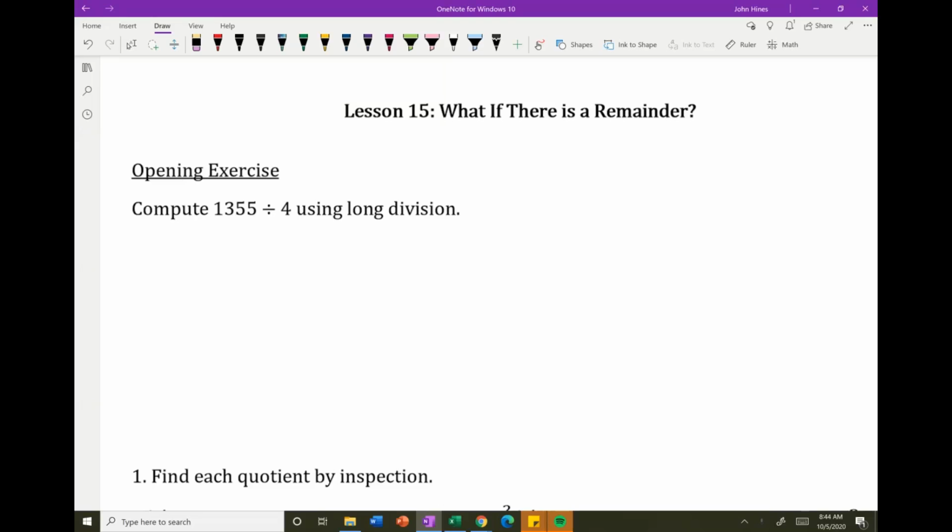Hi everybody, welcome to lesson 15 here, where we're going to start dividing polynomials again, but this time there's going to be a remainder. So like we did in fourth grade when we divided, sometimes we ended up with remainders. Things didn't divide in evenly, as we used to say. So we're going to talk about what happens with polynomials, and it's going to have major implications for graphing and